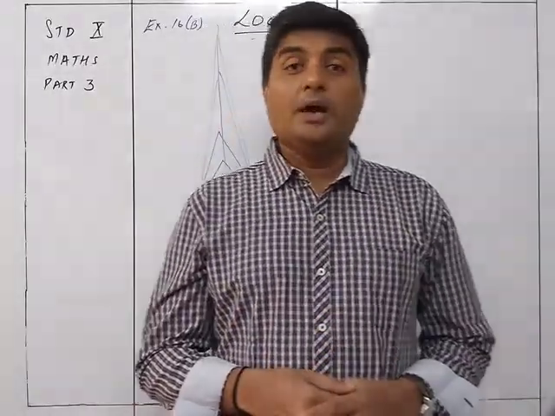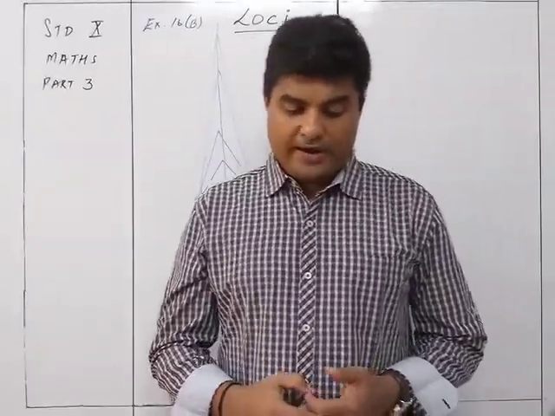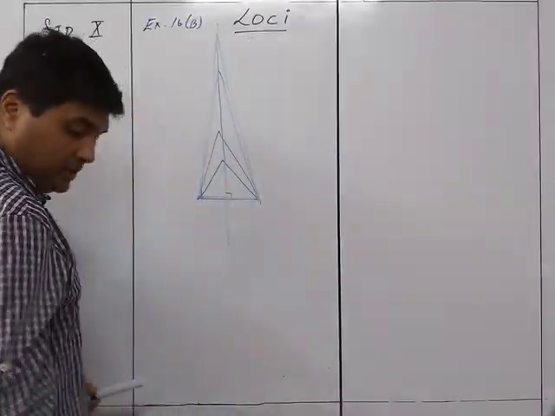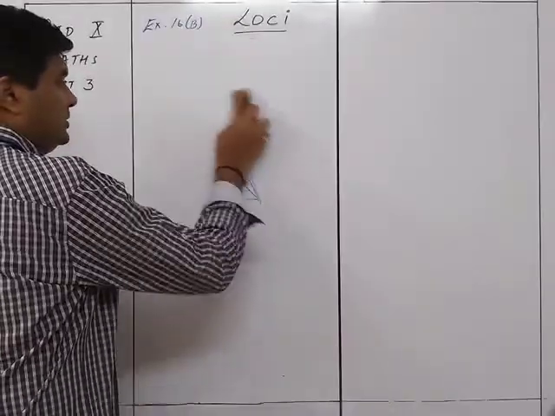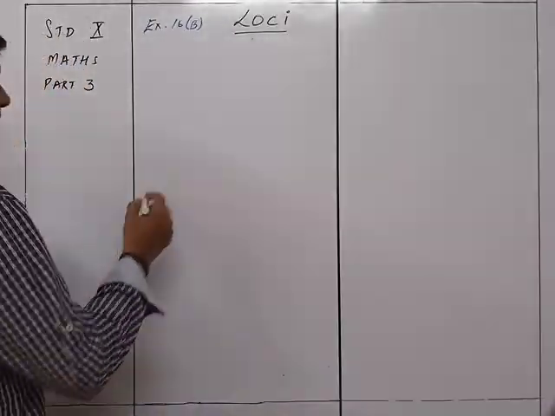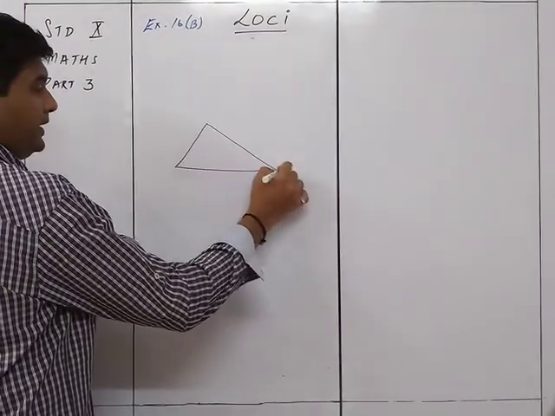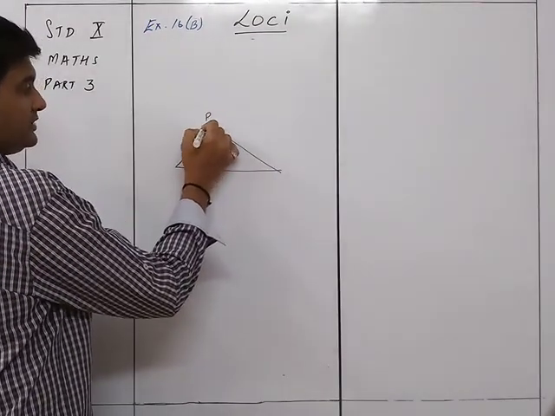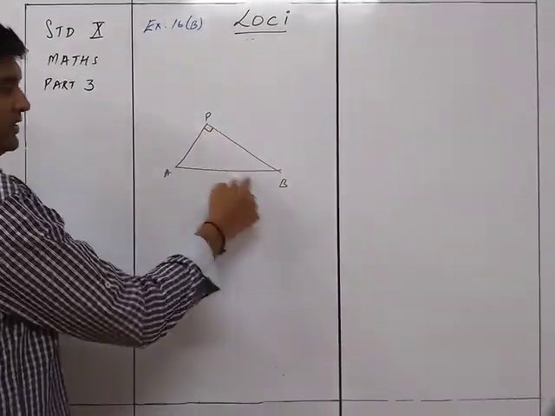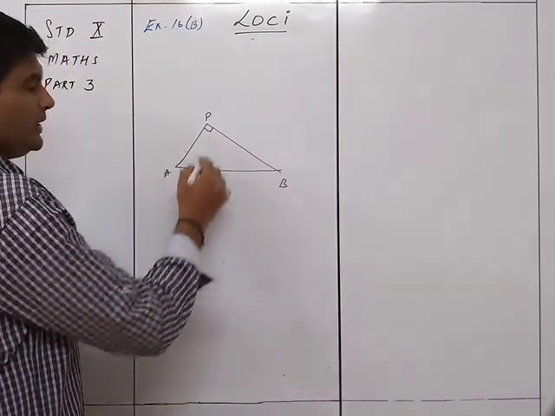We got to know that, but what will be the locus of a point P? Now, locus of a point P we are talking about. So we have over here that point P. Let's see this. We have got AB and then you have got a point P over here which is going to be 90 degrees. Now AB square is going to be hypotenuse square, which is equal to AP square plus BP square. But what will be the locus of this thing?